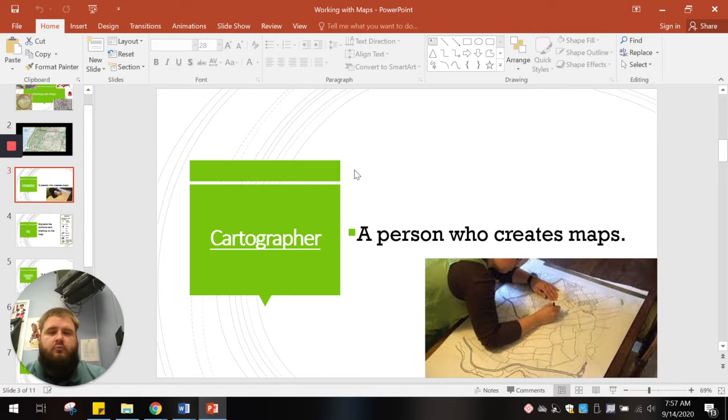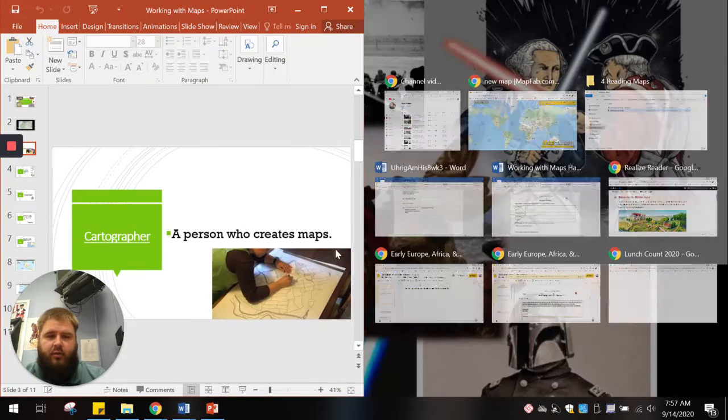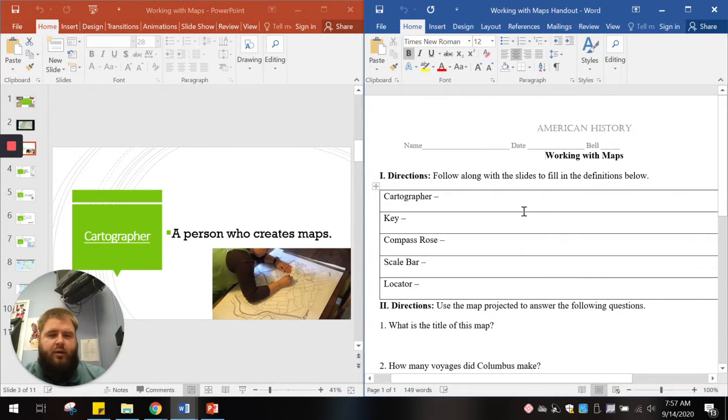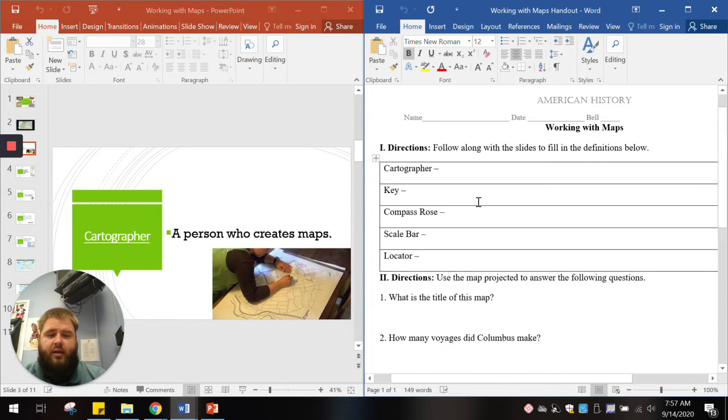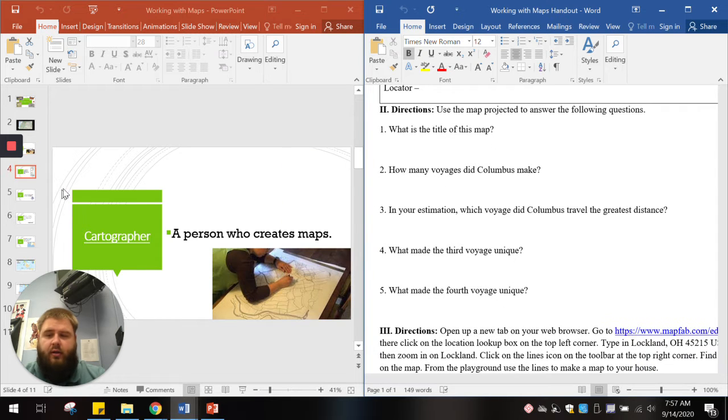So what we're doing now is we have some different slides here with some important terms on them. I'm going to do a little split screen here for a second. Here's what your handout should look like, working with maps. In each of the boxes here, we're just following along on the slides and copying down the definitions of each thing. So then part 2,